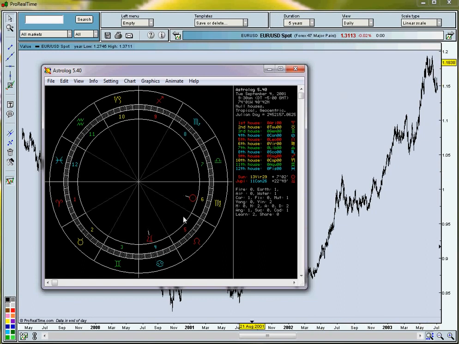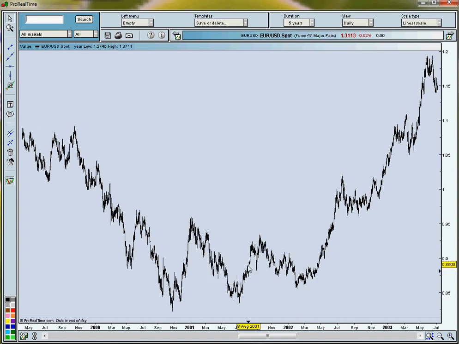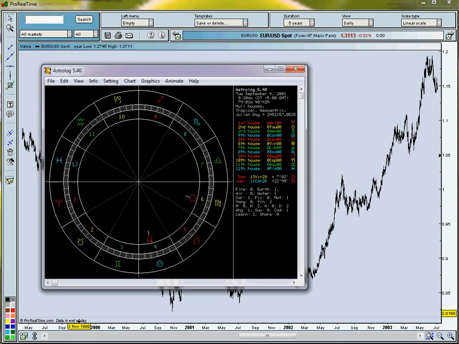We see that Jupiter was actually physically in opposition to the position of the natal sun on September 4th, 2001. But that is, let's see, September, it's right here, in this dip right down there. So now what we need to do is, a lot of times when you have longer term planets, Jupiter, Saturn, Uranus, and Neptune,